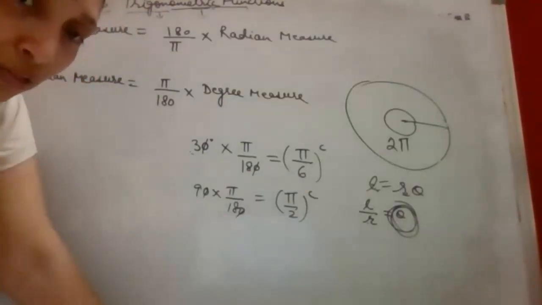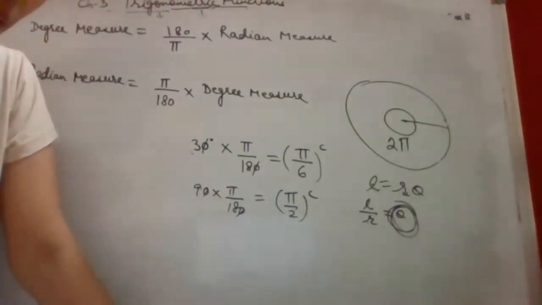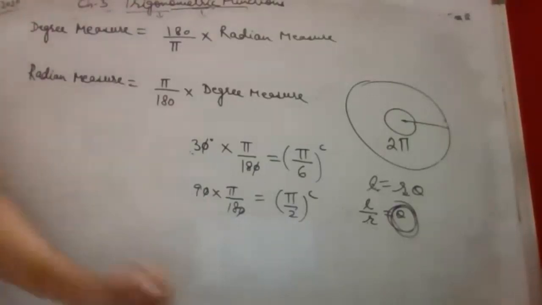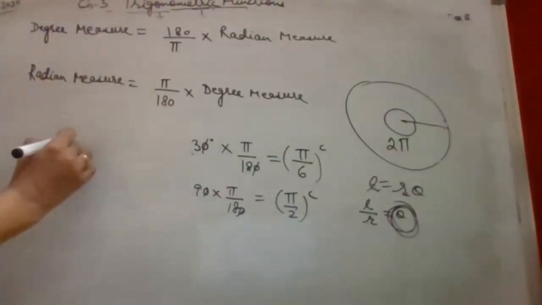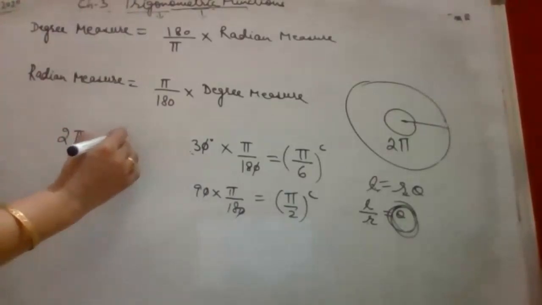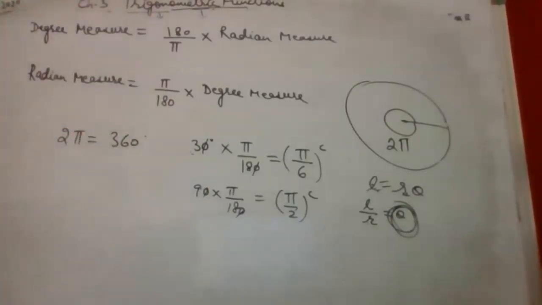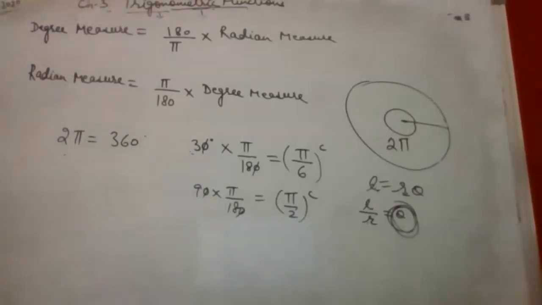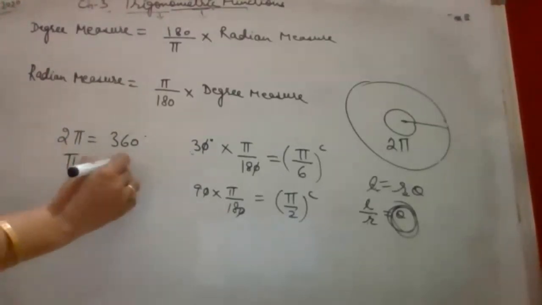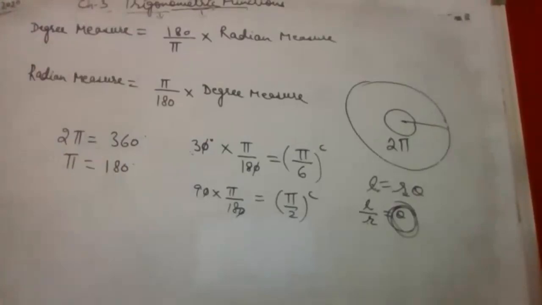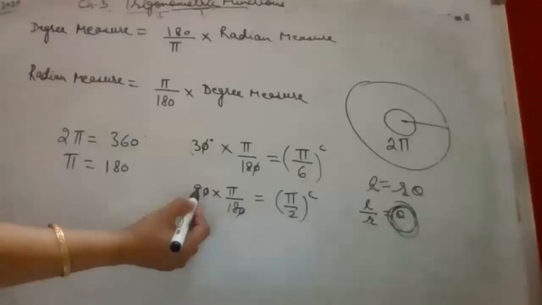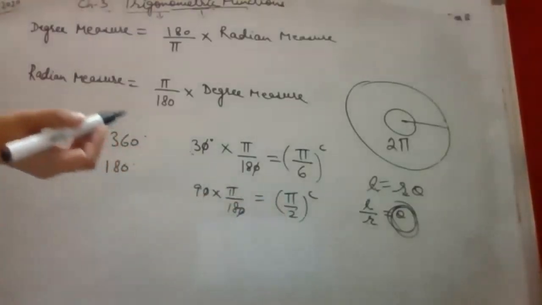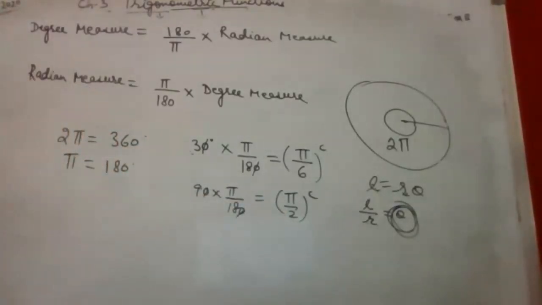Yes, Vaibhav, in trigonometry pi is equal to 180 degree, 2 pi equals to 360 degree. One relation that we have just got from the circles was 2 pi equal to 360 degree. So if we divide both the sides by 2, we get pi as 180. And that is why we are getting 90. Again dividing both the sides by 2, 90 as pi by 2. So this is how we can get all the relations.